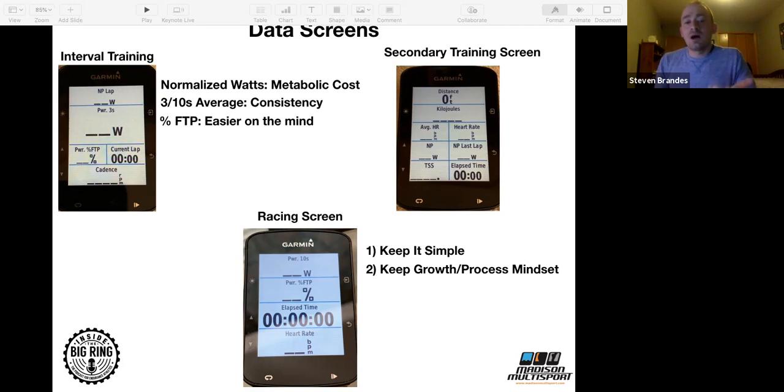I also have a watch on my wrist that just beeps every 15 minutes. Every 15 minutes, 20 to 25 grams of carbohydrate goes in. That just beeps. And my heart rate. We'll get into heart rate more. I'm going to talk about heart rate and power. I promise you I will.